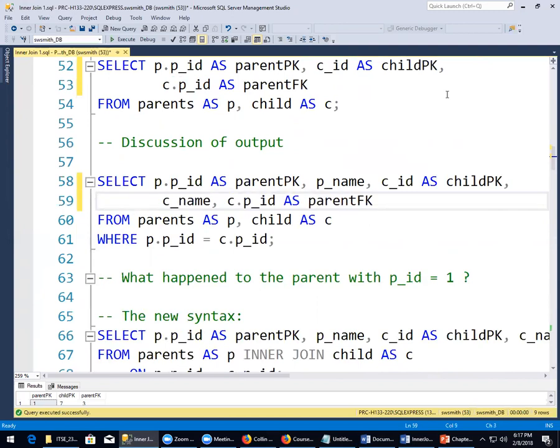whenever my rows scroll off to the right side of the screen, I just simply break them back. I do a carriage return and tab them a little bit. It's okay. It is the same one, except I have added a where clause, where the parent ID equals the child parent ID. Now, if I were to run this,